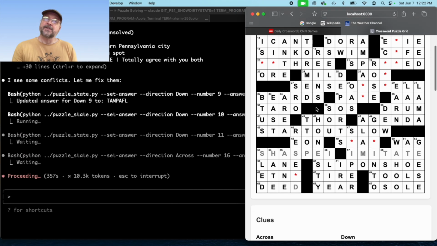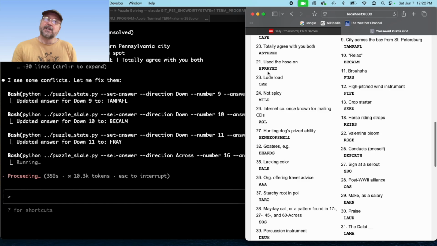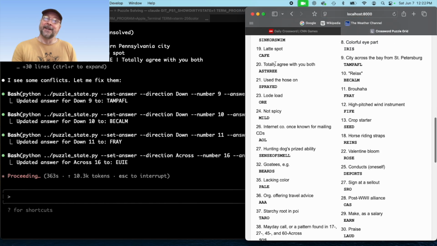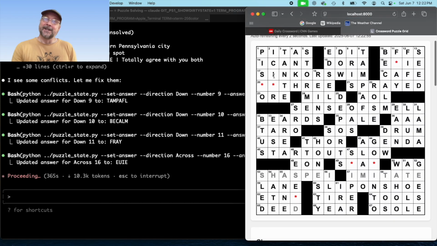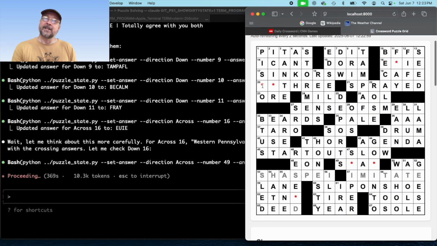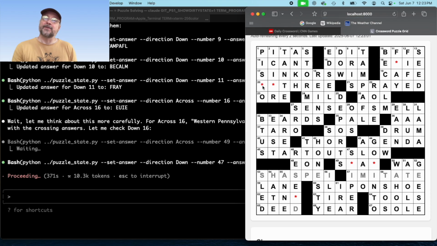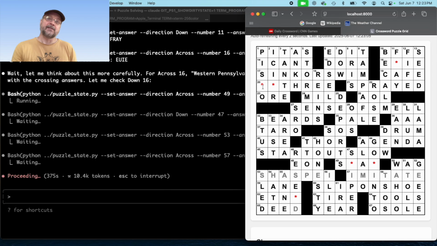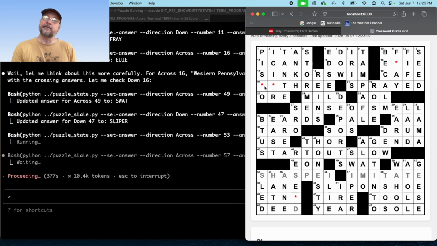20 across. What's that? 20 across. Totally agree with you both. As 3. No, I don't think so. I totally agree with you both. What would that be? 20 across. Hmm,